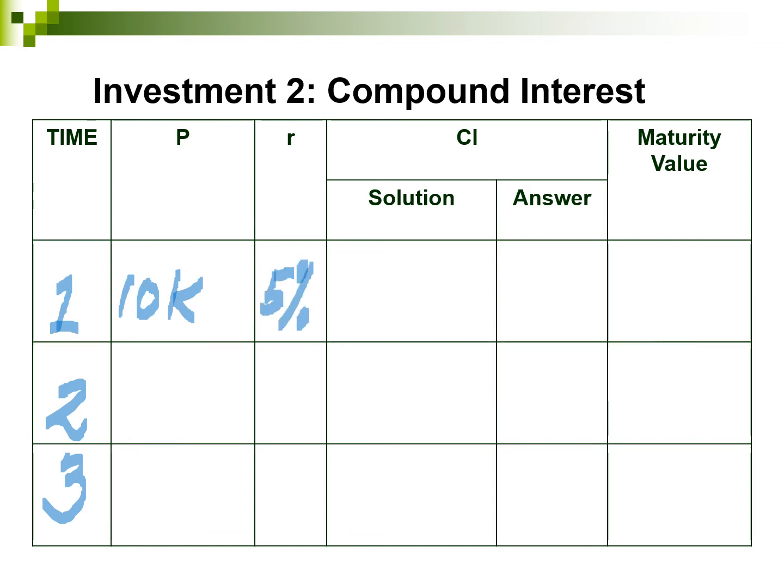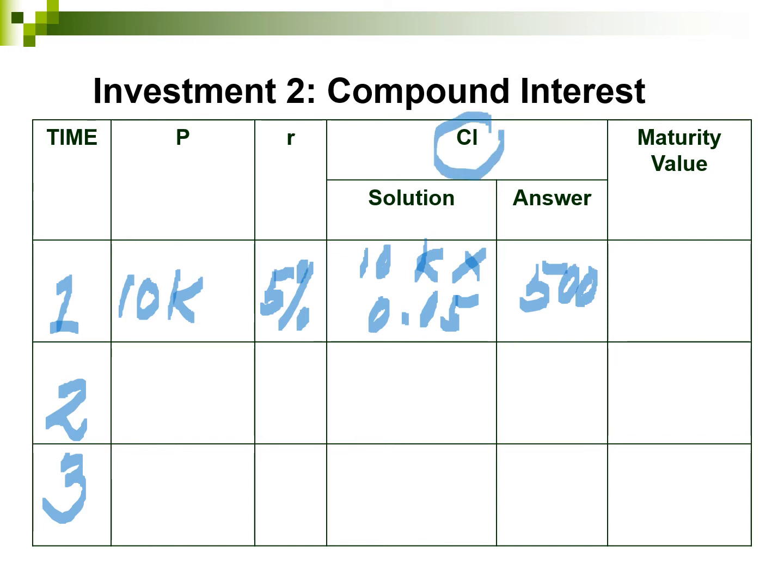For the solution, simply multiply 10,000 by 5%. So 10,000 times 0.05. And the answer is 500 pesos. 500 is the interest. CI here is the compound interest for 1 year. So the maturity value, or at the end of 1 year, the amount of your money will be 10,000 pesos plus 500 will be